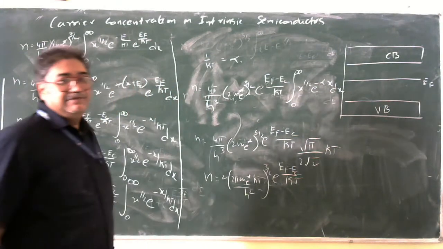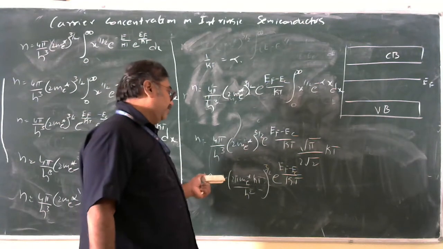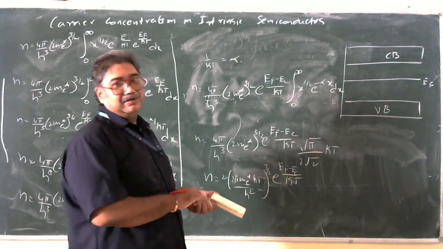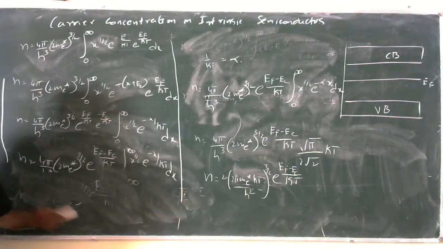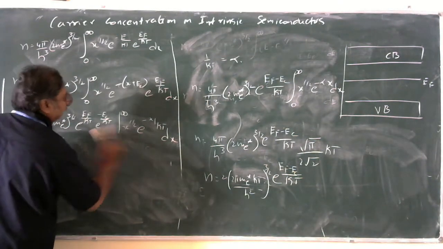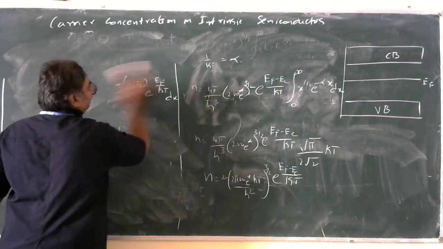So this is the final expression for the number of electrons. So n is given as 2 (2π m* kT/h²)^(3/2) exponential of (EF − EC)/kT. So how did we arrive at this? We arrived by taking a simple equation. And what is the simple equation? The simple equation is represented as